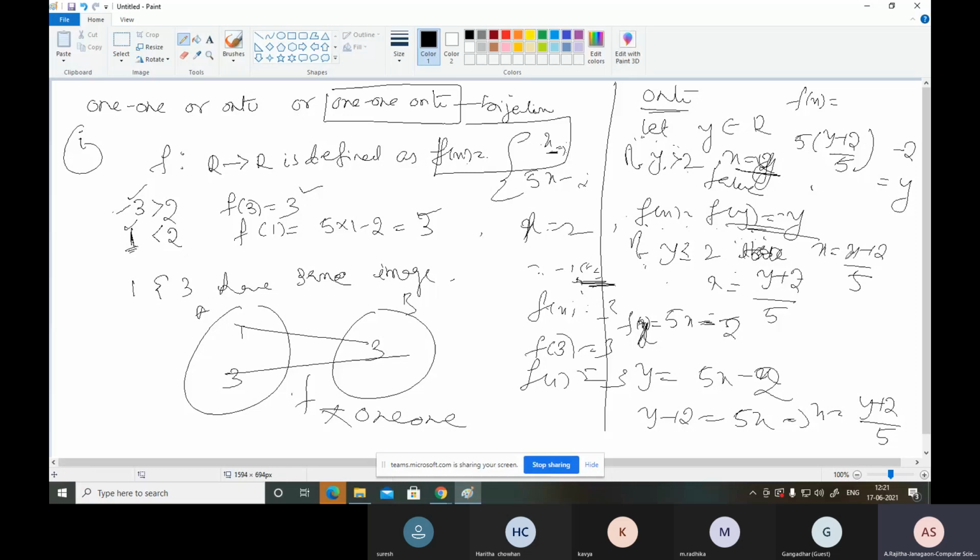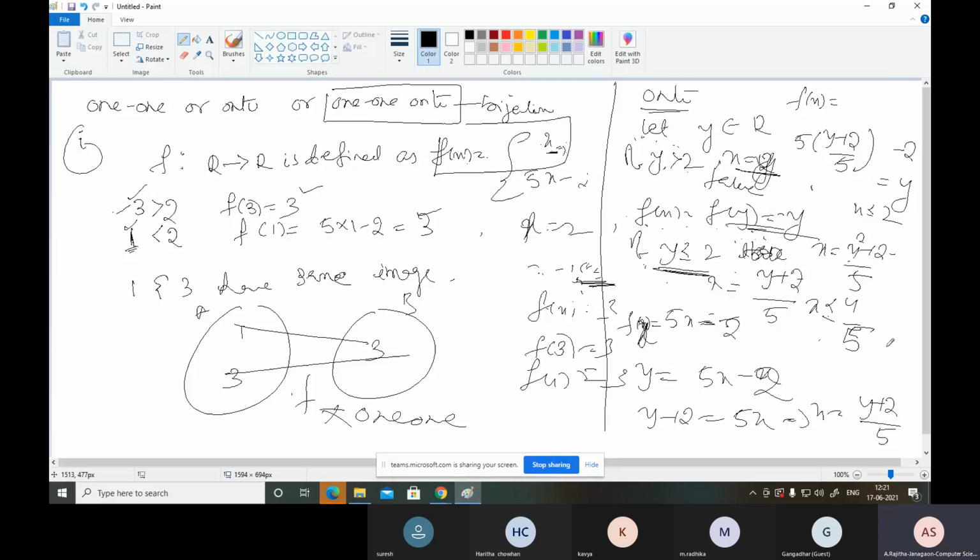So when is it possible? That is x less than or equal to 4 by 5. This is possible because here x is less than or equal to 2. Suppose you assume the value as 2: 2 plus 2, 4 by 5. That is x less than or equal to 4 by 5. So if y is less than or equal to 2, then x is less than or equal to 4 by 5.